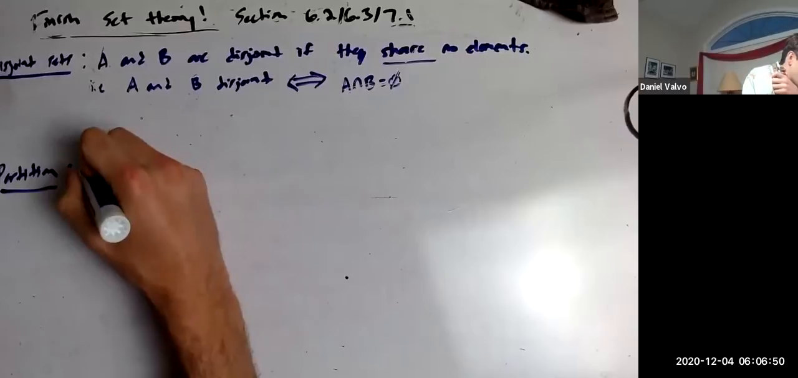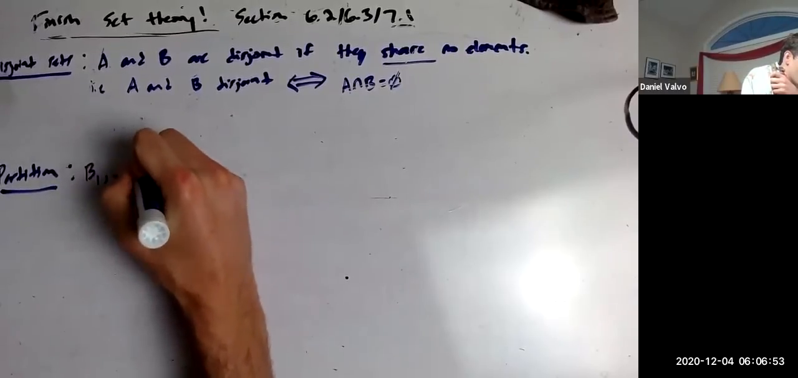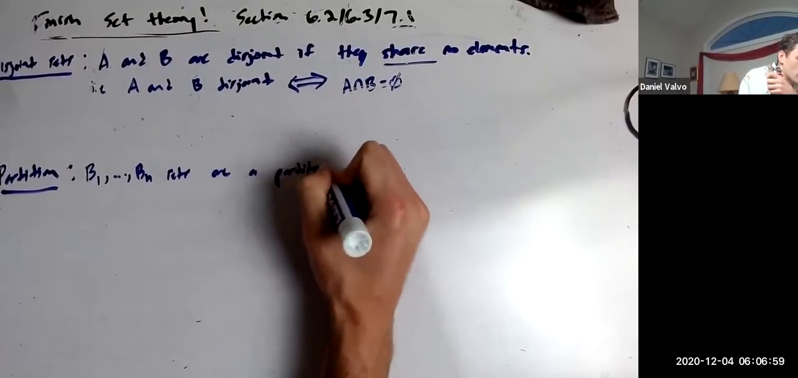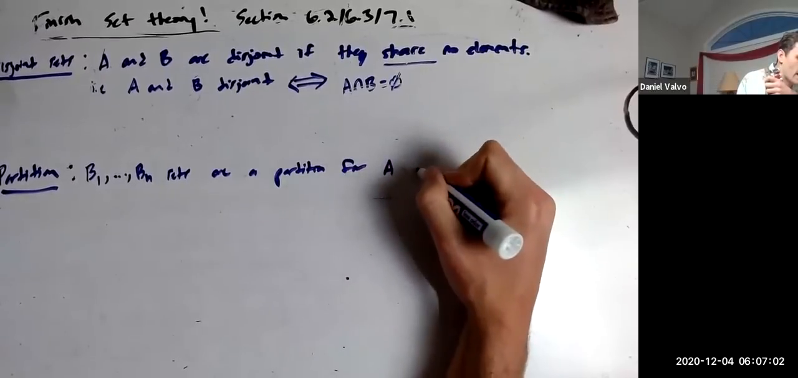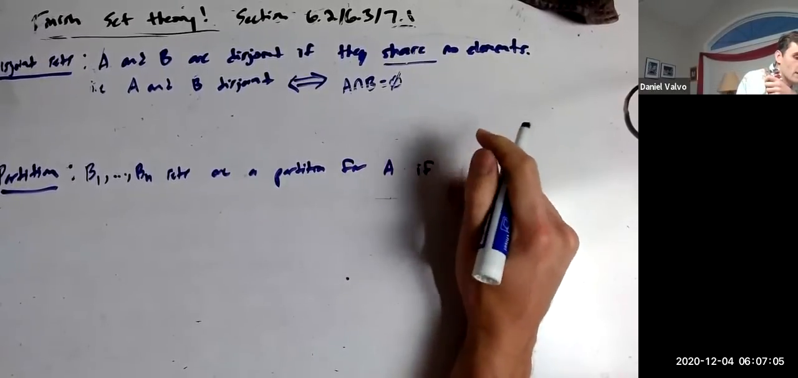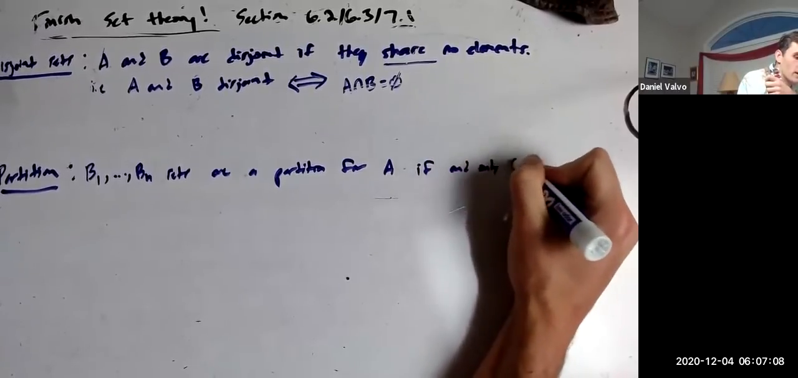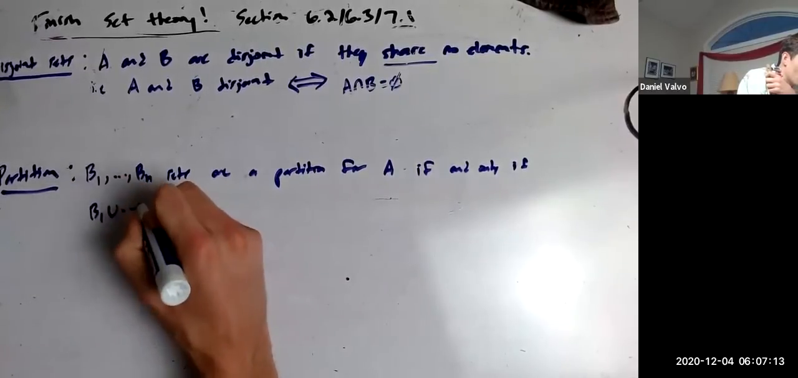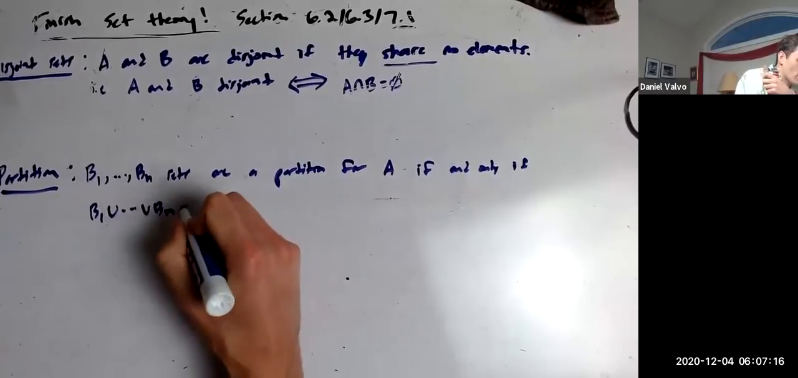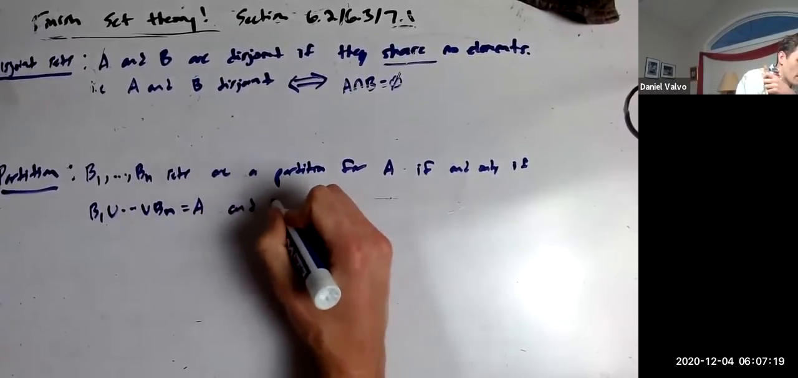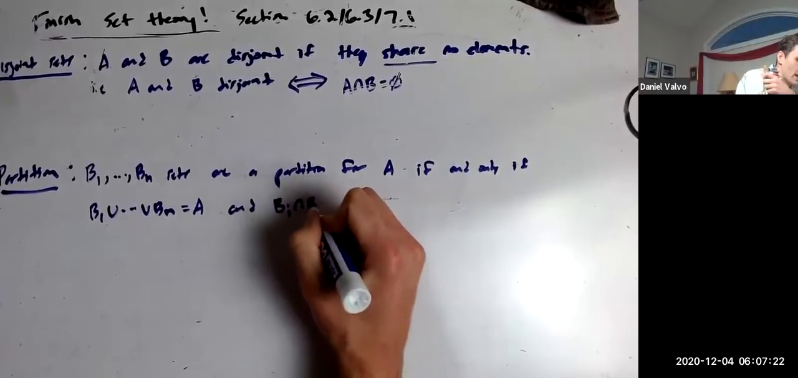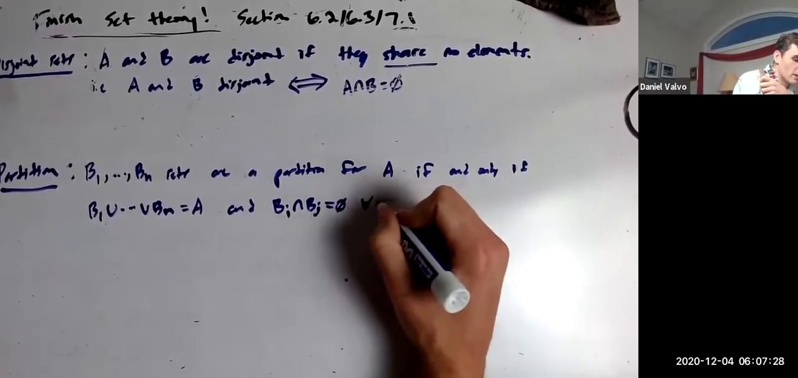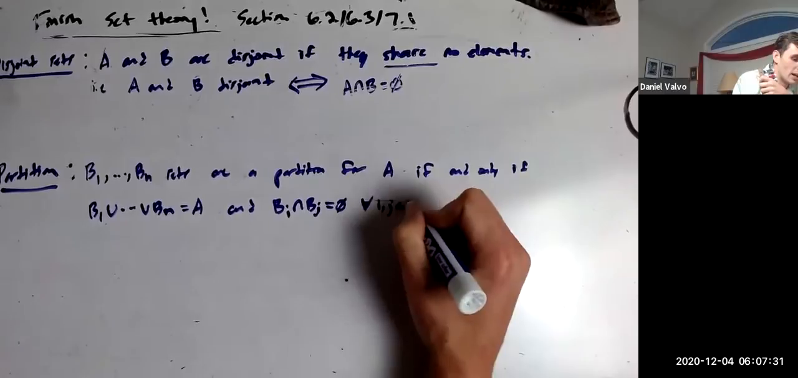So I'll say B1 through Bn sets are a partition for A if and only if B1 union B2 union all the way out to Bn, the union of all of them equals A, and Bi intersect Bj is empty, so they're disjoint for all i and j